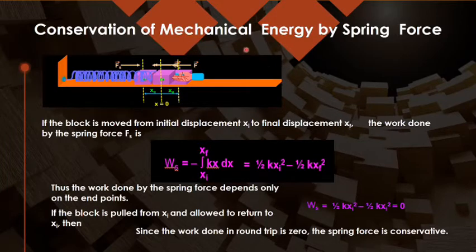Now we can prove the conservation of mechanical energy by the spring force. Simply, we can prove first that the spring force is a conservative force. If I want to prove that the spring force is a conservative force, then it means work done over the complete cycle should be equal to 0 over the closed path. Or I can prove that if the work done depends only upon the initial and final position, it is independent of the path taken. If I can prove any one of these two things, I can say that spring force is conservative.